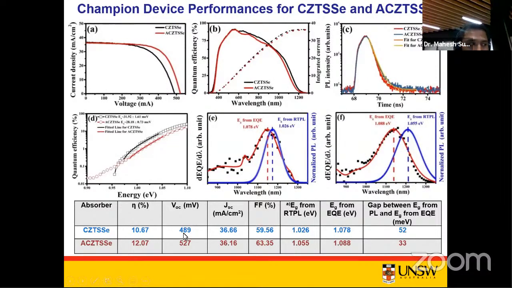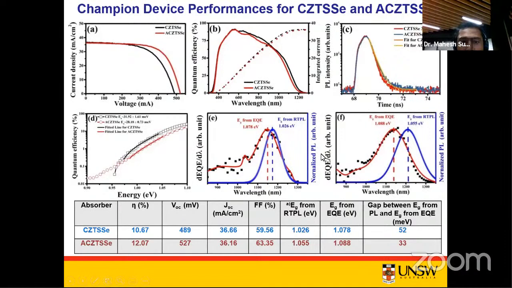Of course, I will discuss this in my next slides, where we carried out advanced electrical characterizations to confirm our hypothesis. Also, we found that the minority carrier lifetime of this silver-alloyed CZTSSe thin film was improved to 3.94 nanoseconds compared to CZTSSe, which showed about 3.43 nanoseconds, which again confirms the reduced recombination rate at the junction interface between the absorber and the buffer.